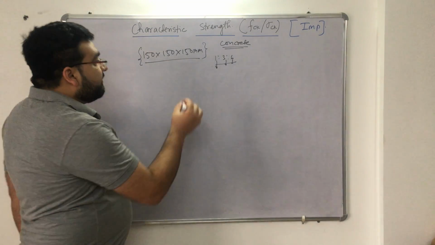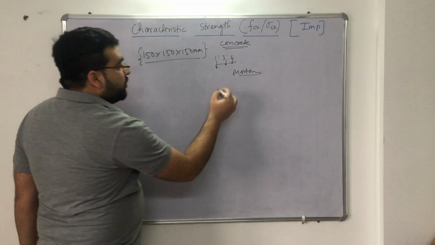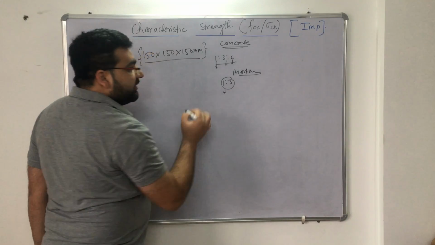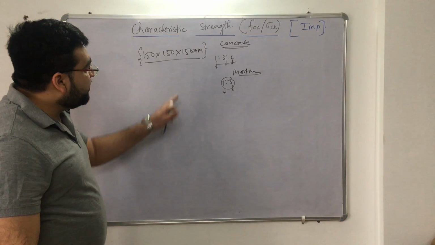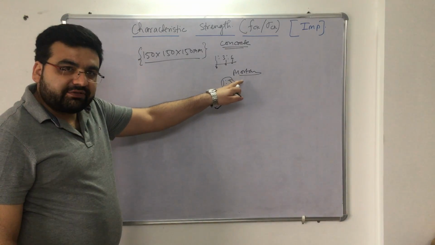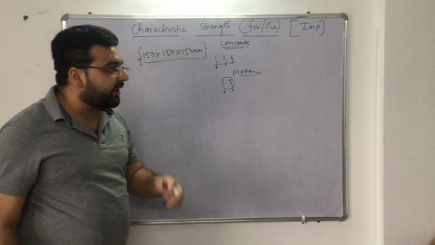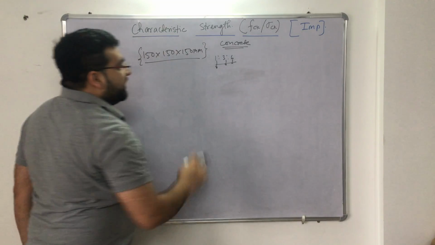But whenever you check the strength of mortar, what you do? You take cement in ratio 1:3. What is this 1? That is cement. What is this 3? That is sand actually. Right? But we are not discussing mortar as of now. You will be studying mortar in detail in building materials. But now we are discussing the concrete, the strength of concrete.